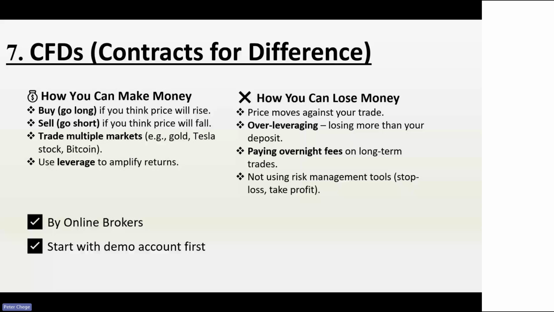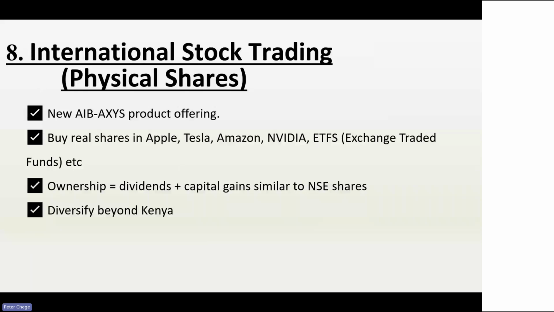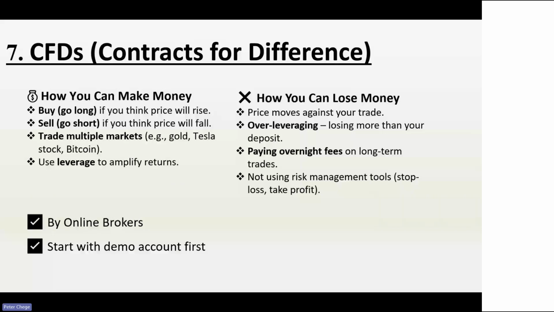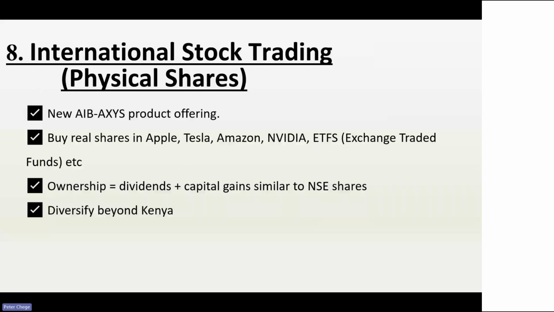And if you have seen most online brokers, when they are advertising CFDs, they always caution you that the risks outweigh the gains. And most accounts, I think 75%, usually lose money. So that's why as AIB, we went for the third option, which is international stock trading, which is the physical